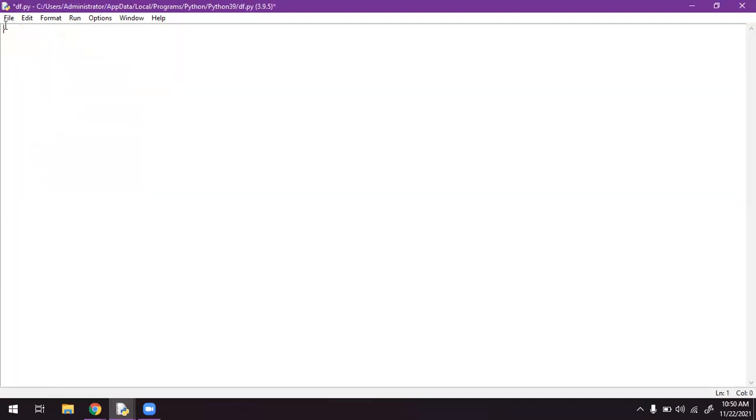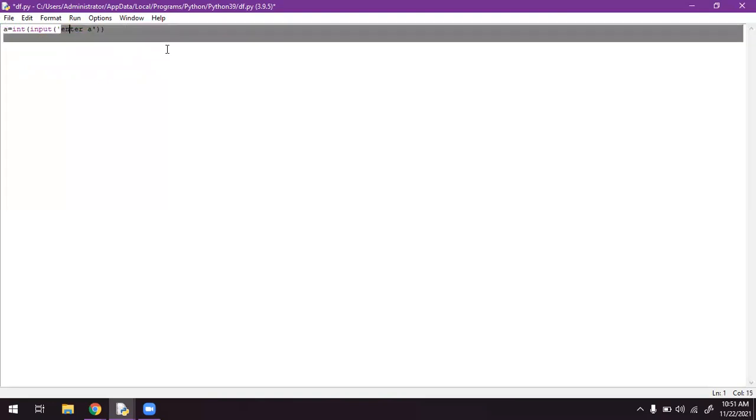Leave this thing. Then what will we do? We have to compare three variables. Suppose a equals integer input. Enter a. I'm taking a value from the user.